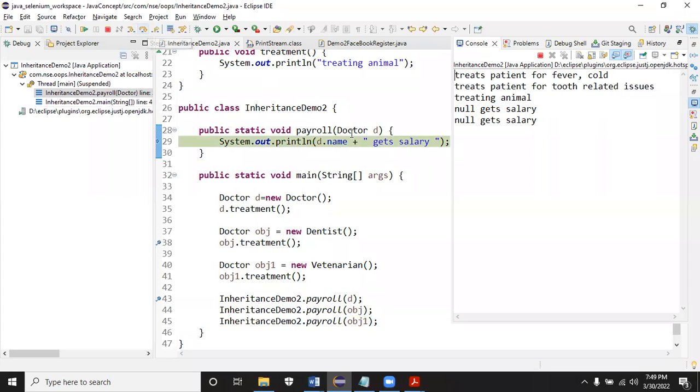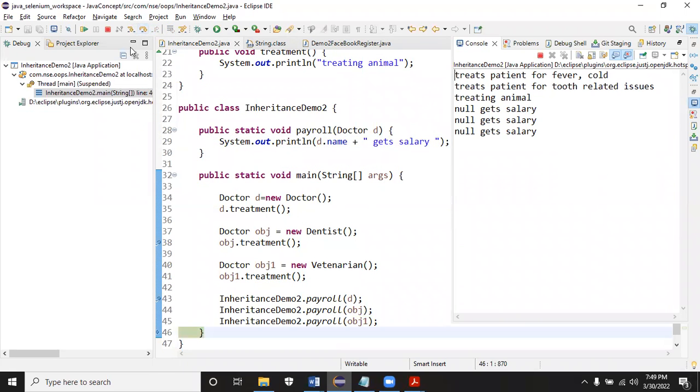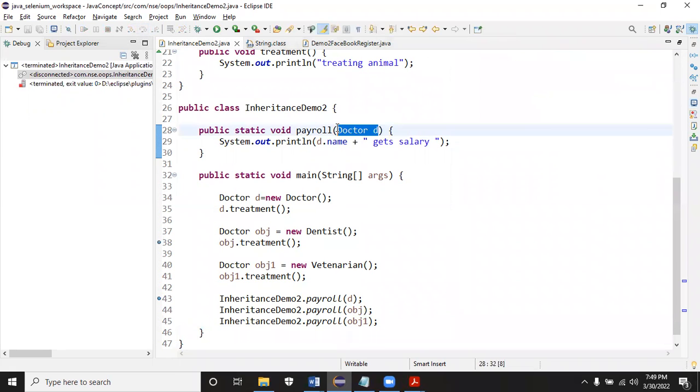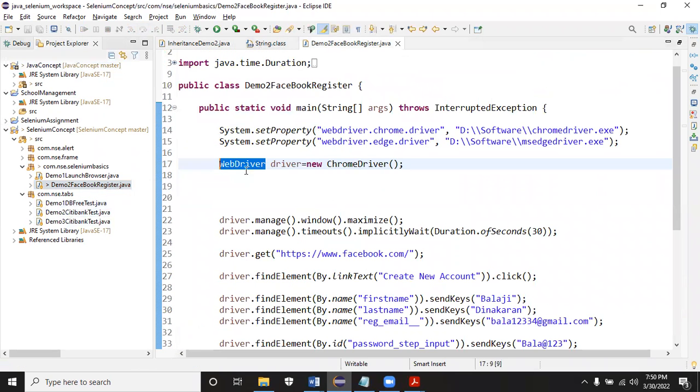And the third time, you see the object of veterinarian is passed. Okay. Now you will have access to all the child class objects by storing them in the parent. For creating a payroll system and all, it will be really useful. And when it comes to automation, we are storing it in the WebDriver. So the reason why we are storing it in WebDriver is so that for any browser, we can handle it